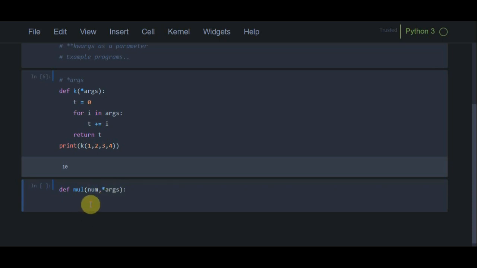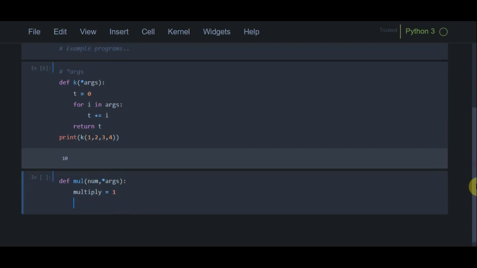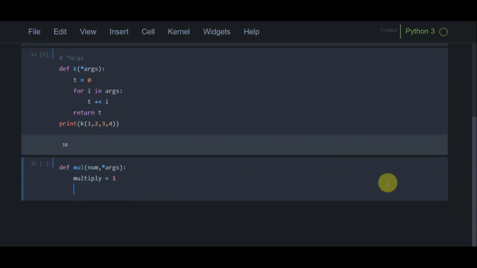Now what we can do here is simply create another variable called multiply and assign 1 to it, and then we can simply print. To print the arguments I am using string formatting. num is num.